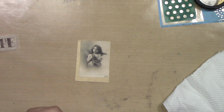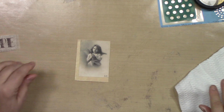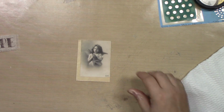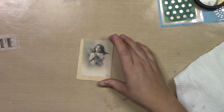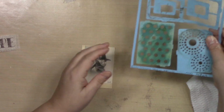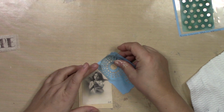Oh, I need my little stencil brush back. Oh, you know what? We'll do it with a cosmetic sponge. I want to do a little bit of a stencil here. I'll just dry this for a sec. And I'm going to be using the gloss enamel stick-on stencils. I'm going to use this one here. And all I want to do is just put a little bit